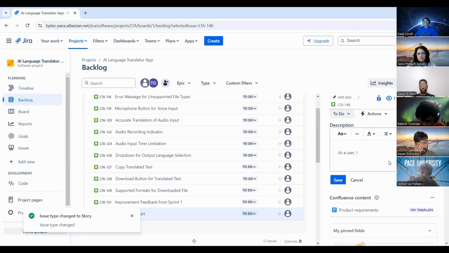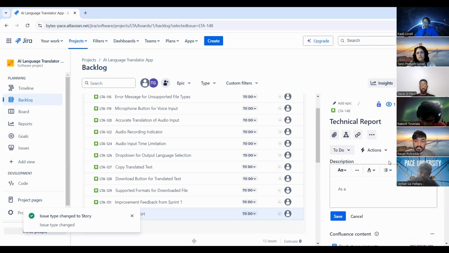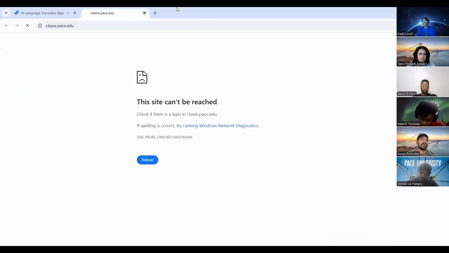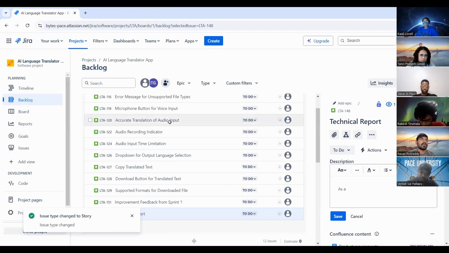Wait, is the user going to see the technical report or is it for us? I think it would be for the clients, right? The technical report. Oh, okay. I was just wanting to know what the technical report is. Is it for sprint 2? It's in the checklist he provided. He said don't forget the technical report or something like that. Here, do not forget this technical paper.